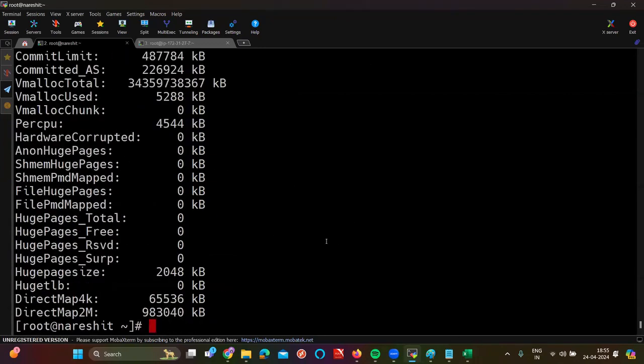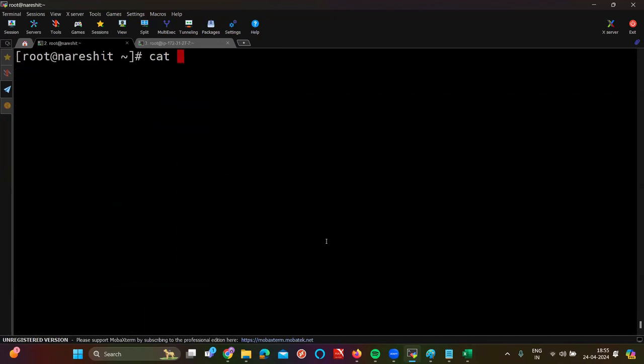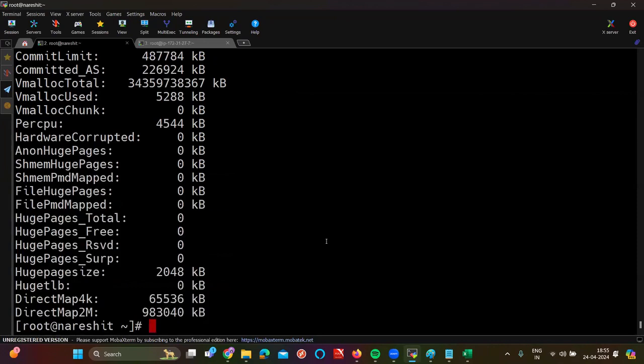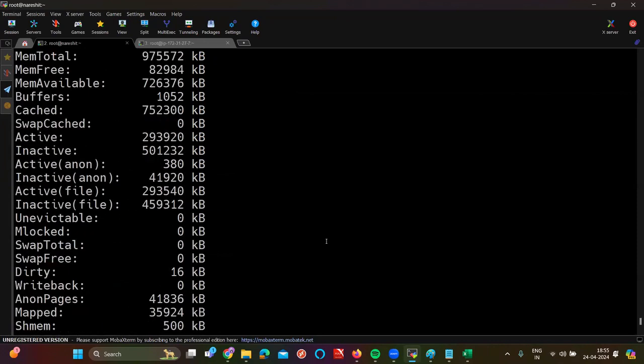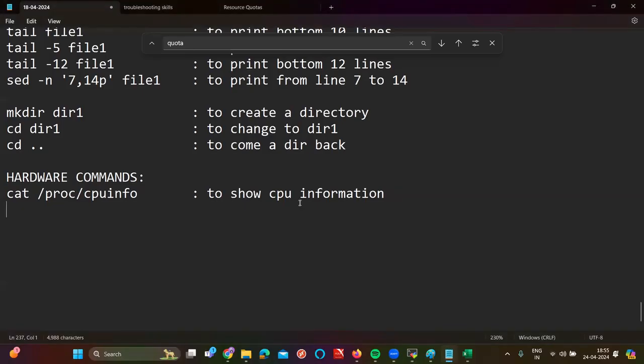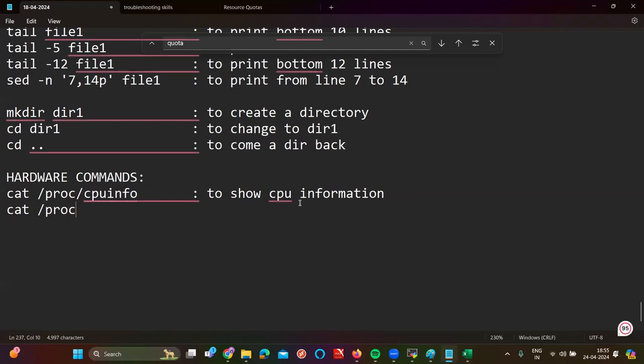So again, what is the command? Tell me. cat /proc/meminfo. Showing the memory information or not, sir? So give it here: cat /proc/meminfo to show memory information.